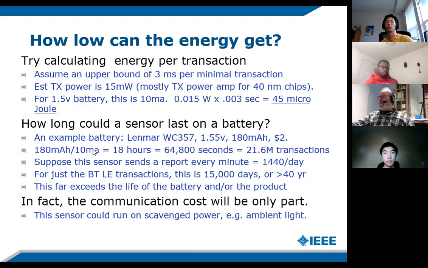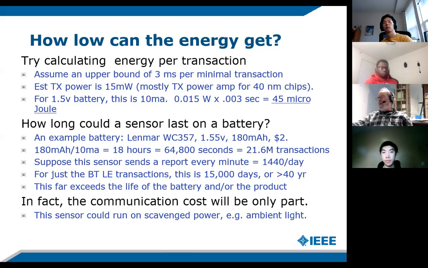So if it's 180 milliampere hours divided by 10 milliamps spread out over time, I can do 64,800 seconds worth, which is over 21 million transactions. Now, if I spread them out over time, suppose the sensor sends a report every minute,